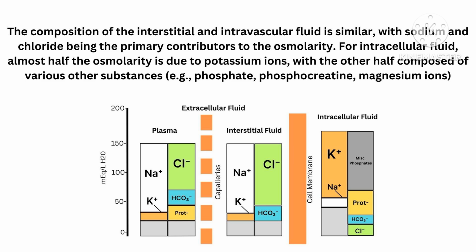The total osmolarity for each of the 3 fluid compartments, intracellular, interstitial, intravascular, is around 280 milliosmoles/L, with intravascular being slightly greater due to the osmotic effects of plasma proteins. The composition of the interstitial and intravascular fluid is similar, with sodium and chloride being the primary contributors to the osmolarity. For intracellular fluid, almost half the osmolarity is due to potassium ions, with the other half composed of various other substances, e.g., phosphate,